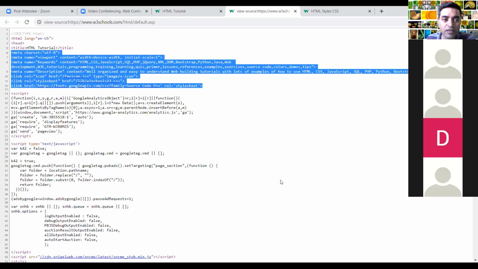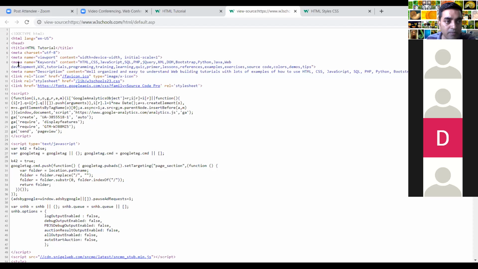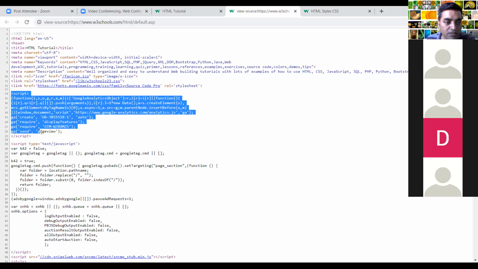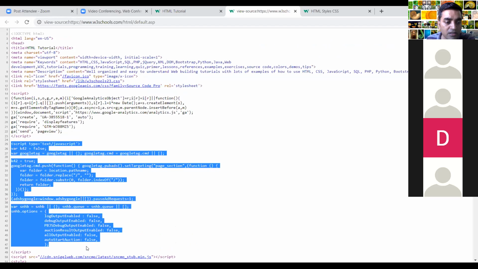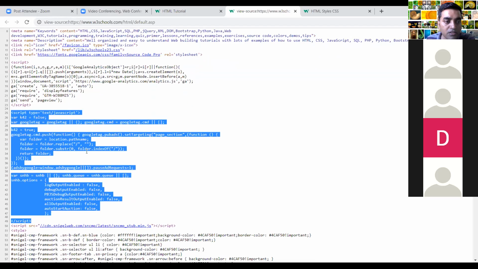Inside the human head there are no body parts which help a human move or talk, but the speech and the movement are controlled by this section. Likewise, inside this we have different scripts, which are essentially JavaScript. As we discussed earlier, this brings life to the page.